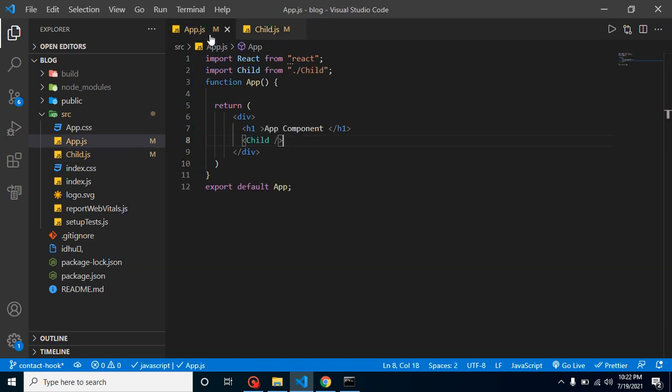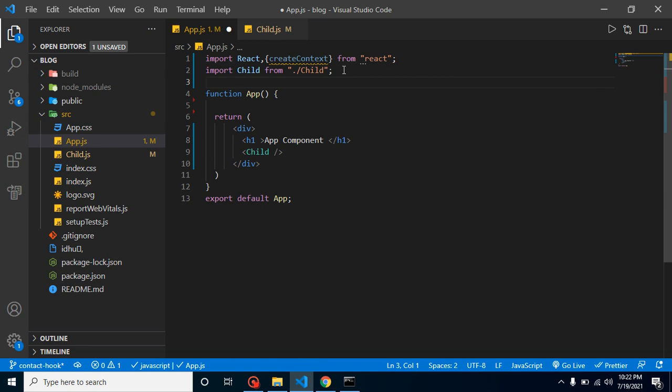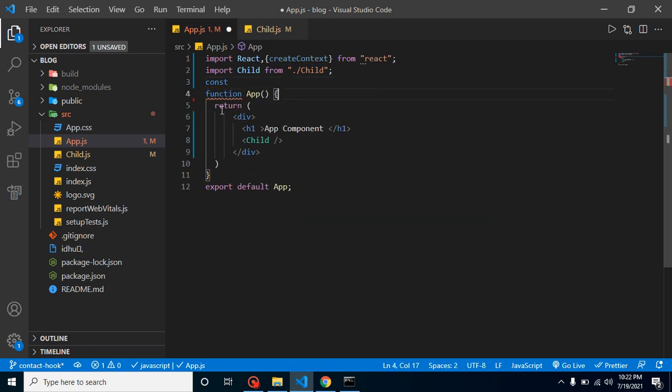So we will use the context API, and first of all, let's import here createContext, and it will be just used outside the React function, right? Keep in mind, some guys actually write it inside the app component or your current component. It should be above your component. So let me just put here globalInfo or something, and let's simply use here createContext.